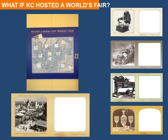So, and you can even add your own little tagline, like living the avant-garde life, and little kids have done it, and it's a really great souvenir because, I mean, if we've all been to a World's Fair, we always get a souvenir, so we wanted to have that. In addition, keeping with what if Kansas City hosted a World's Fair, and also tying back to the Stereoscope cards,